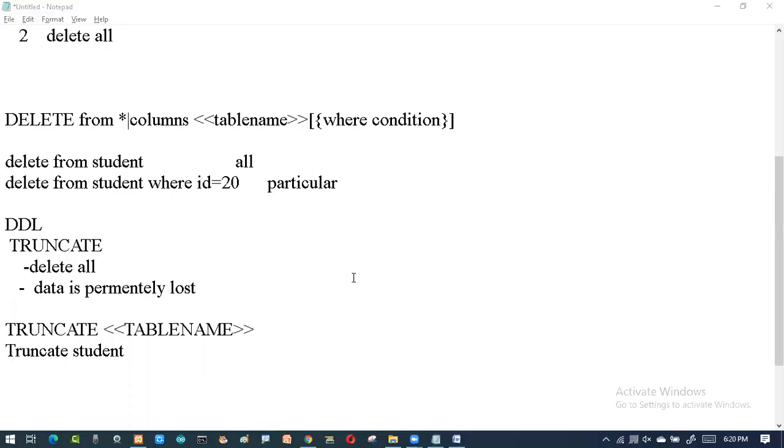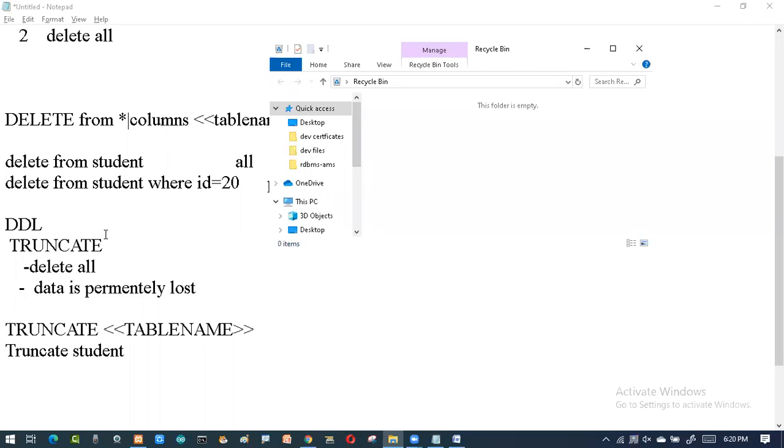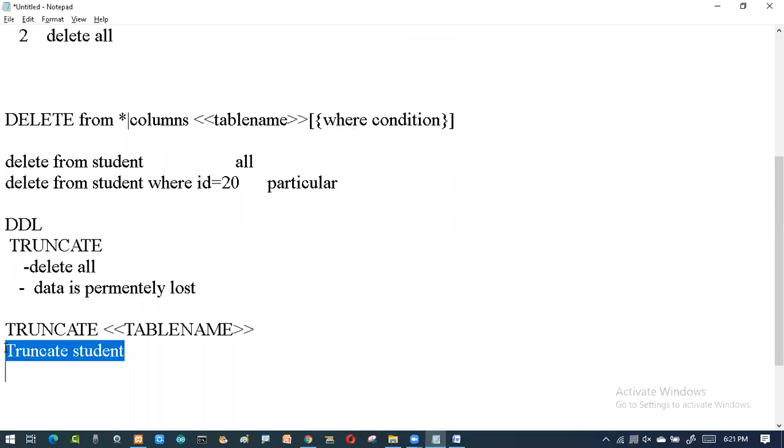But if you think that I don't require that particular thing at all, then I'll use this truncate command. So for this, there is no thinking of a where condition. We don't have any where condition or optional condition for it. Simple, we have only a single command, truncate followed by the table name. But for delete we have the syntax where, whether you want to delete a particular record or anything, you just specify it.